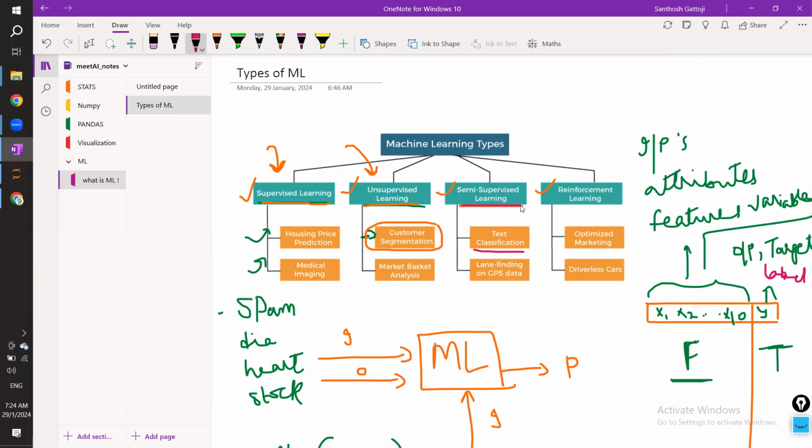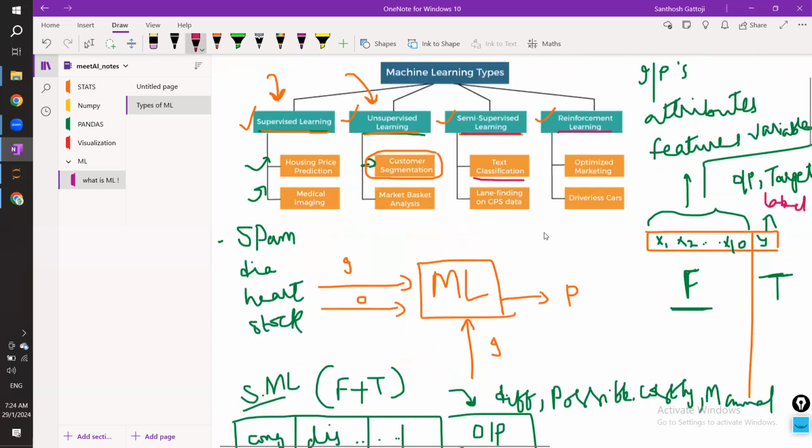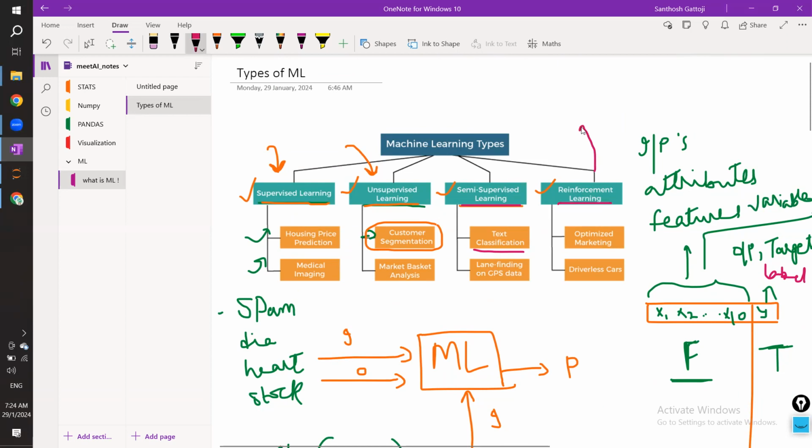Yes, sir. Okay. The last thing we have is reinforcement learning. This is actually a separate category of ML, but we don't usually see it in regular projects. It is a little advanced. In simple words, reinforcement learning works on